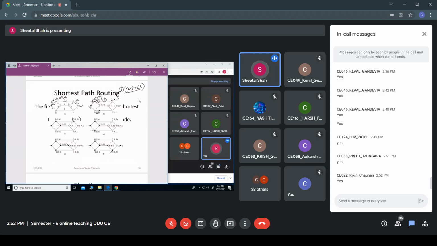So C can reach A through B with this particular weight, that is 9, and it would reach A through B.